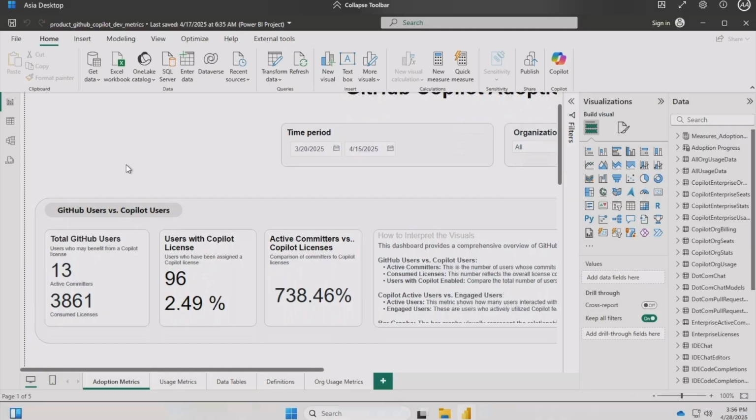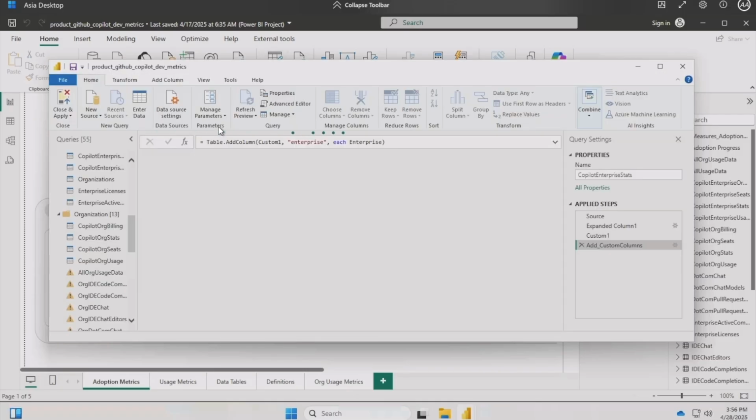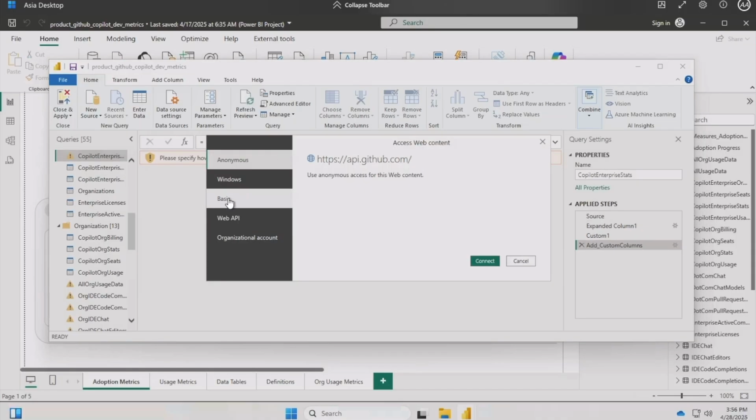So let's say, for example, I want to change my API, so I can click on Transform Data. That will take me to the content of the different data tables. The credentials, you may get a message like this. You just click on Edit Credentials. This will be similar to the same thing on how you authenticate from the front end. You use basic authentication, put your username and password in,